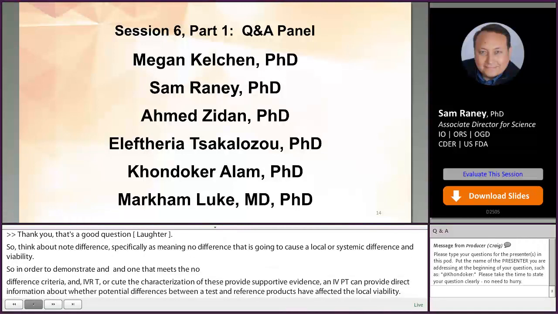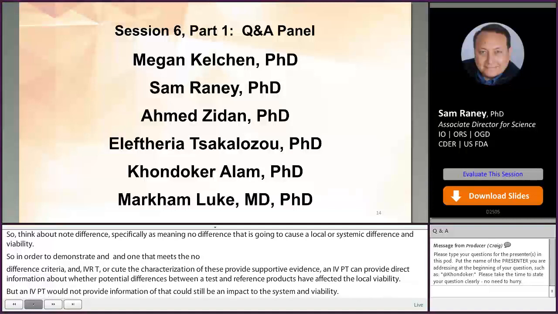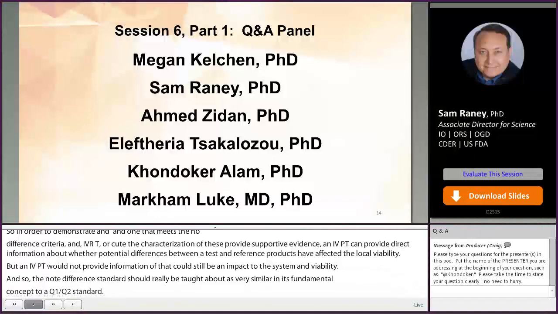the systemic bioavailability. And so the no difference standard should really be thought about as very similar in its fundamental concept to a Q1, Q2 type standard. But there are instances where topical products are a little bit unique, and so applying that Q1, Q2 standard doesn't always fit. There's many products that have been regulated under a Q1, Q2 standard for many years, and all of